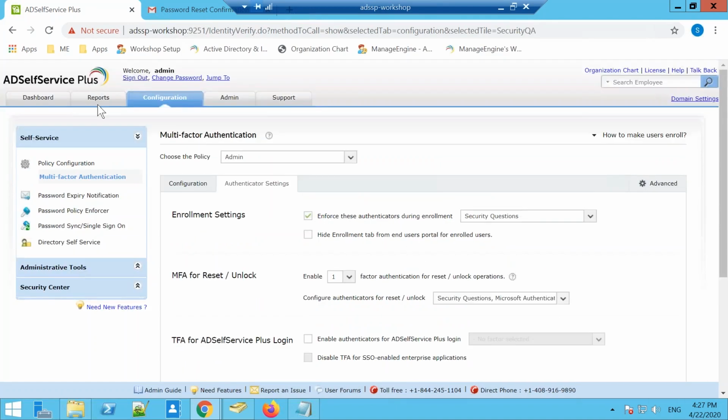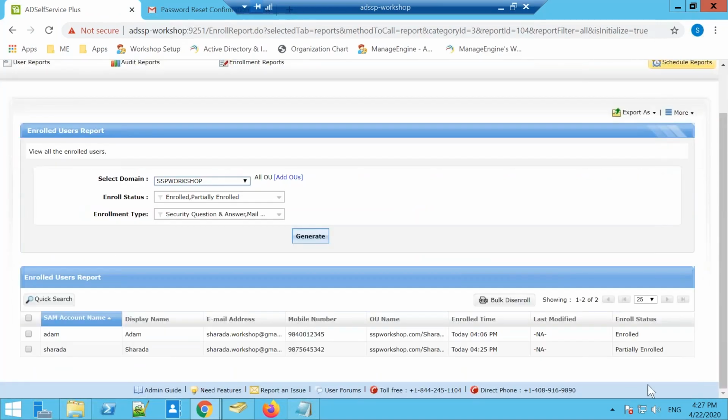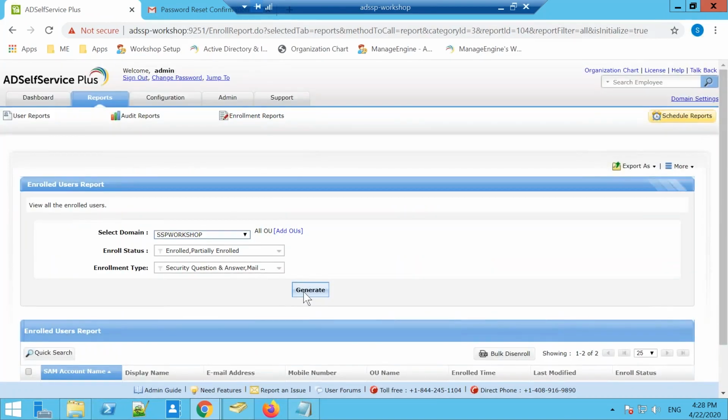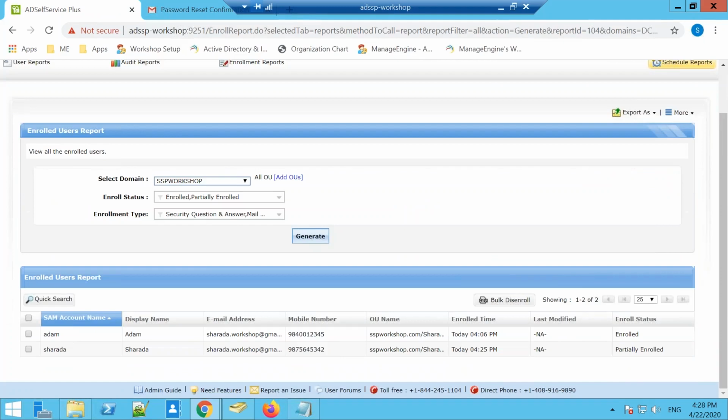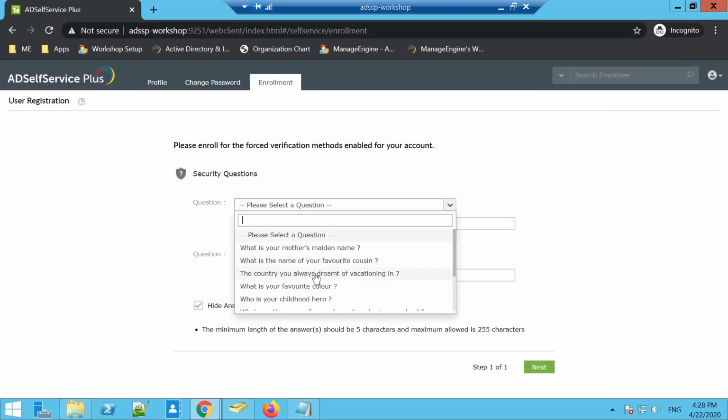But the user has still automatically been enrolled with the email-based verification method. So that is why you see partially enrolled listed right here. And once I finish the security question answer method of authentication, which is what has been enforced for me,